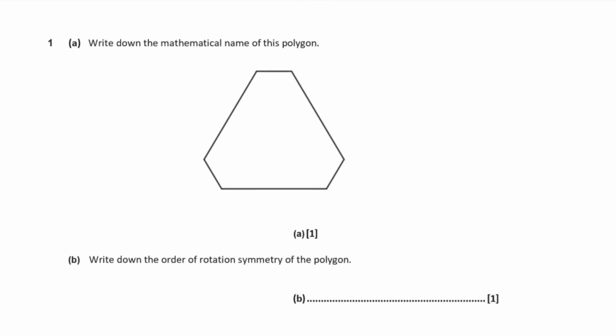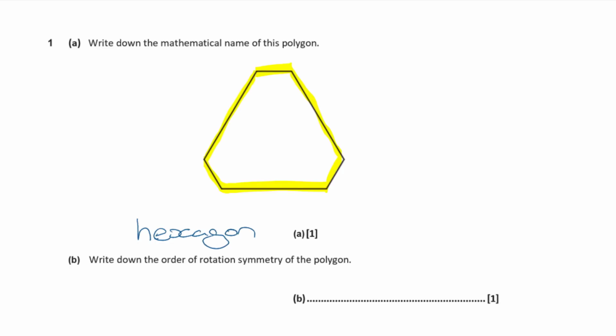Write down the mathematical name of this polygon. Now we simply name polygons after the number of sides they have, and this particular polygon has got 1, 2, 3, 4, 5, 6 sides. So a 6-sided polygon, that's just a hexagon, isn't it? So it's a hexagon,